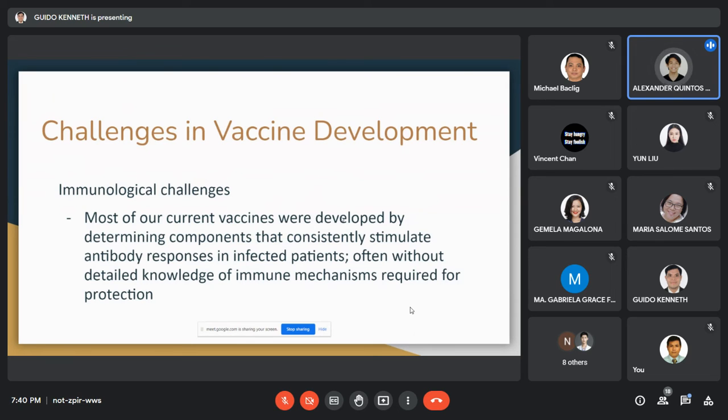We have immunological challenges in developing a vaccine. Most of our vaccines are actually developed by determining components that consistently stimulate antibody responses in infected patients, often without detailed knowledge of the immune mechanisms required for protection. A large number of our vaccines were simply formulated with aluminum hydroxide adjuvant and then injected. This is very problematic because if you go to the next slide,